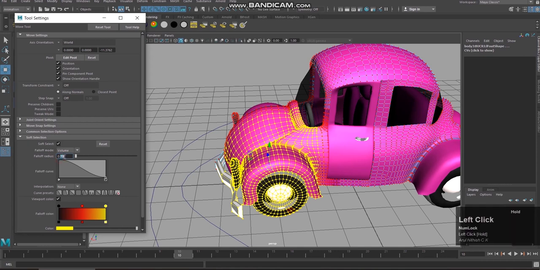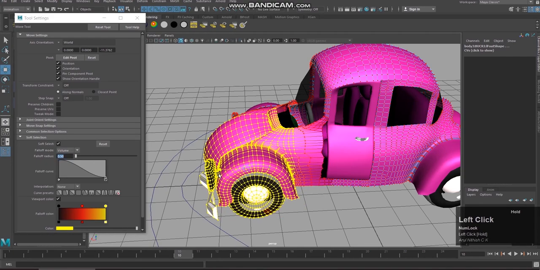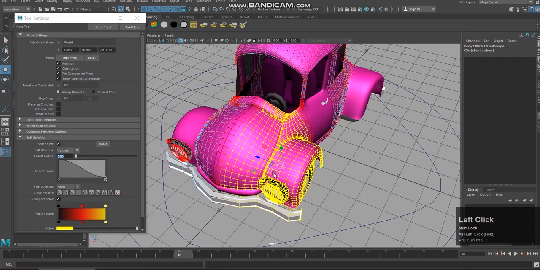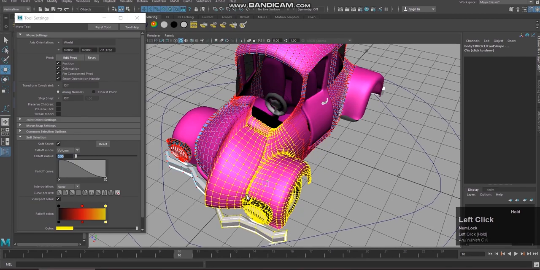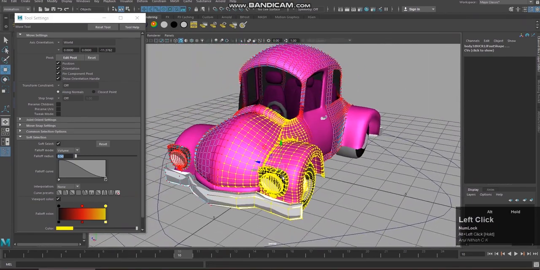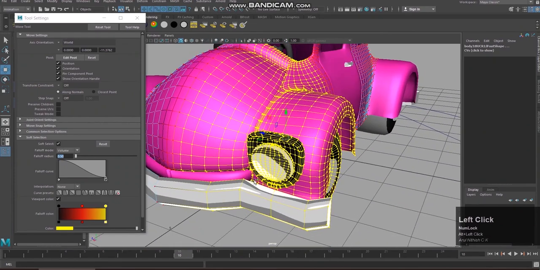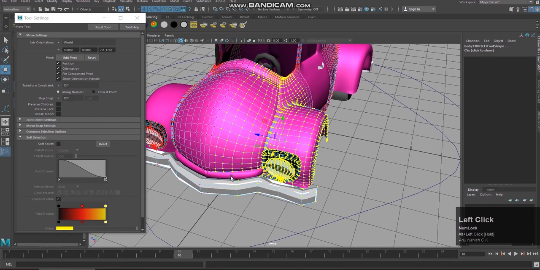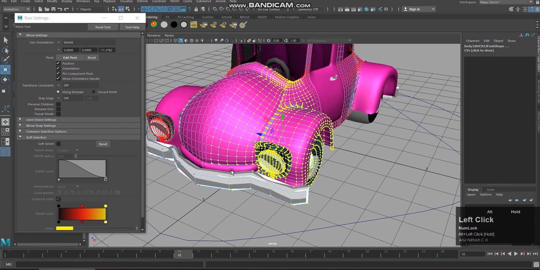No, still it is there, so 0.5. Still the part is tearing off. Actually, I'm turning off the soft select, and I should select this one also. I don't know how I forgot this.